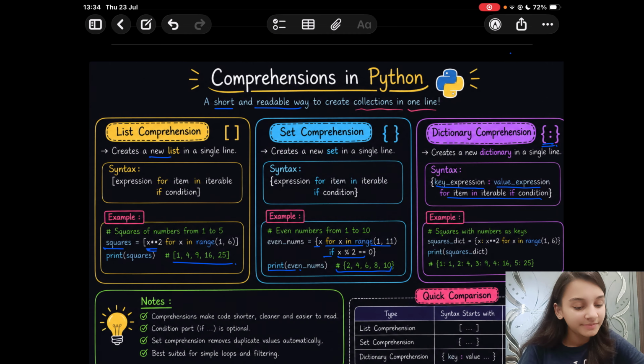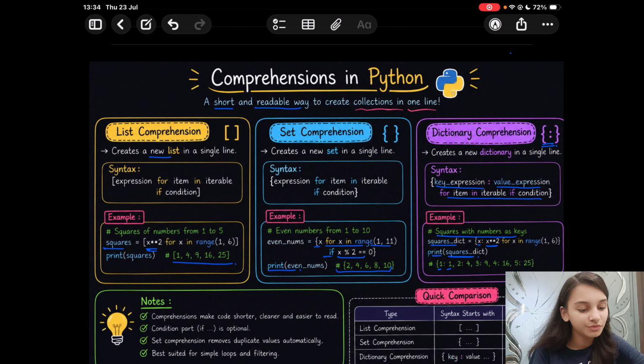So example, squares with numbers as keys. We are creating a dictionary here, squares_dict, and now the key is x and the values will be x square for x in range 1 to 6. We want to print the dictionary now. So for the key 1 square is 1.